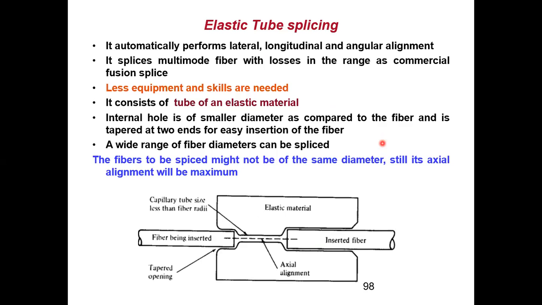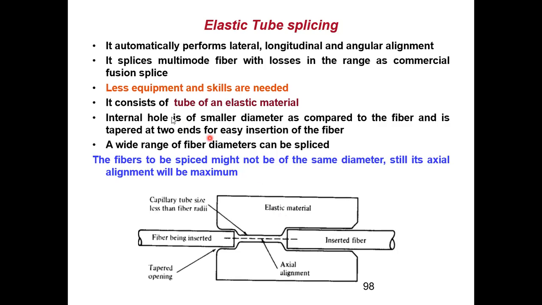The fourth category is called elastic tube splicing. Now, what is the difference between elastic tube splicing and the other one? Just see the diagram. Here also I have this tube kind of structure, but this tube is made up of an elastic material. Why elastic material? The first three were all rigid structures. There used to be no change in the structure of the groove, it stays as it is. It's a hard thing. Now, when I select an elastic material, the dimension of that splice can change.